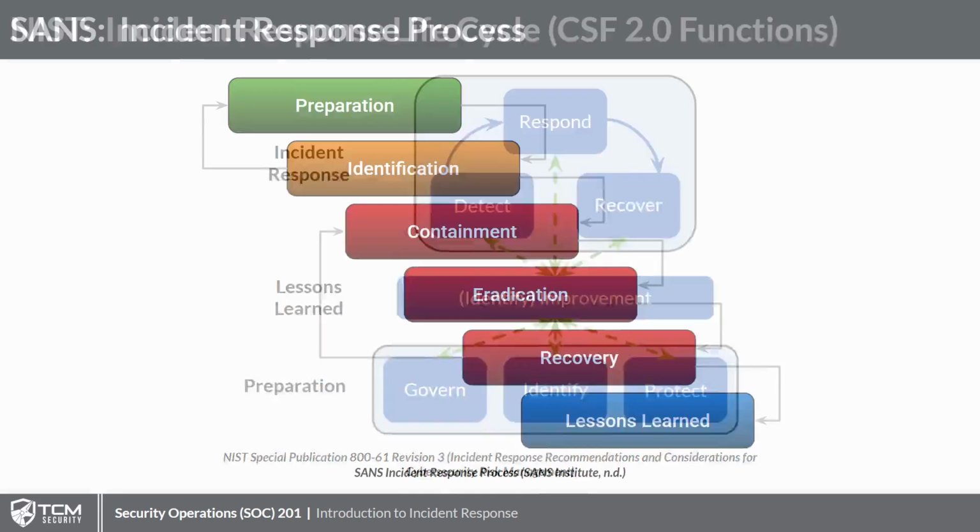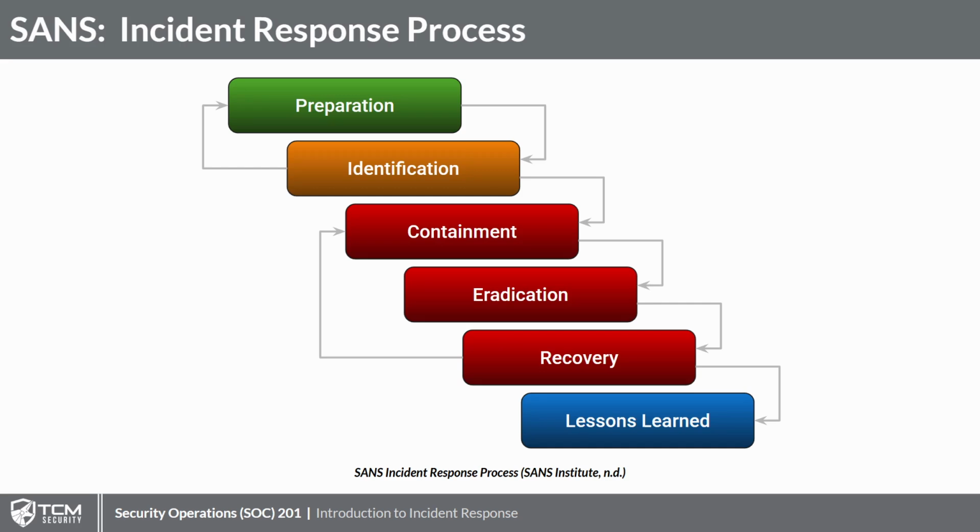On the other hand, the SANS Institute for years has offered a well-known and widely adopted incident response framework, which stems from their white paper research and was popularized by many of their trainings. And while the SANS 6-step incident response process is similar to the one found in the NIST Computer Security Incident Handling Guide, SANS gets a bit more granular in the breakdown of different phases or steps compared to NIST, and offers additional focus on certain areas. And so it can be a better way to understand at a more granular level what individual steps go into